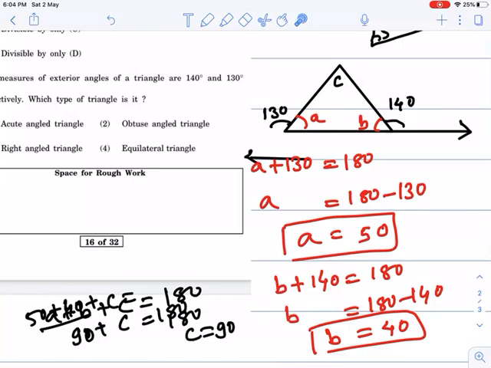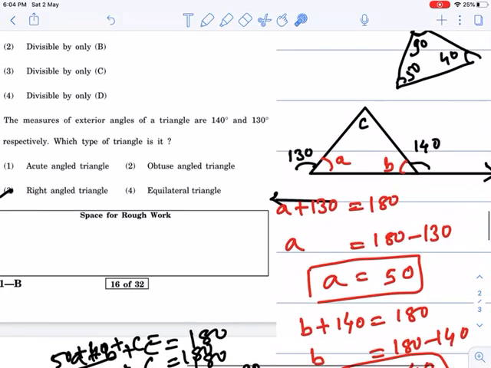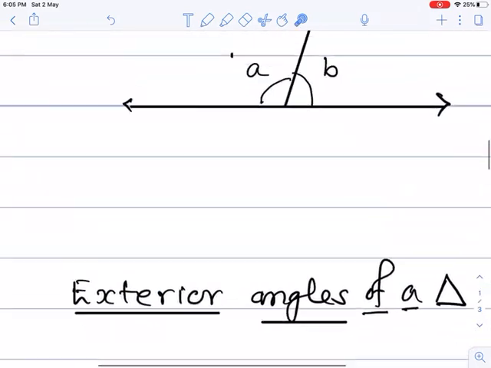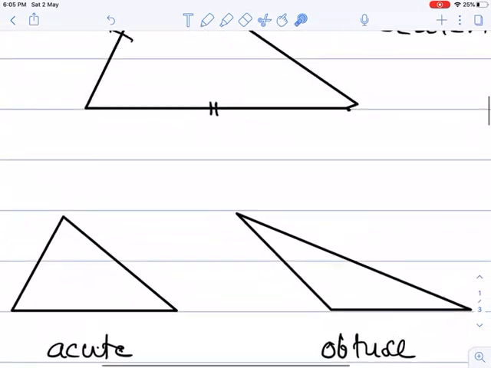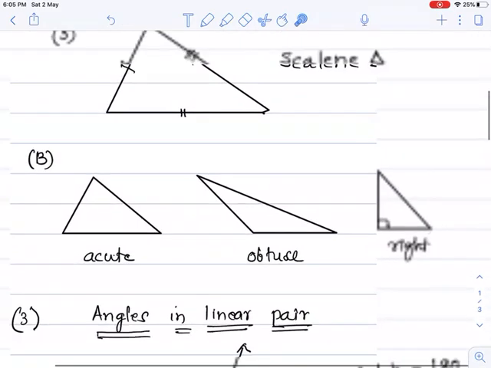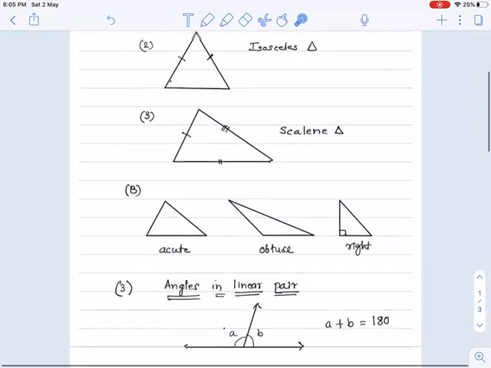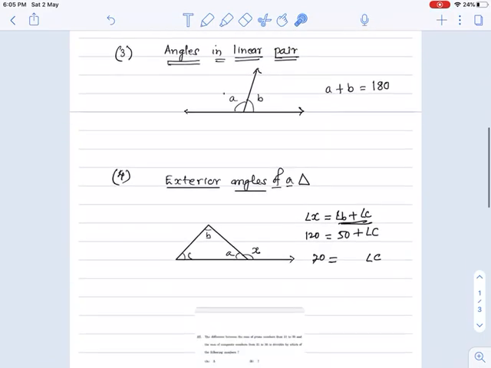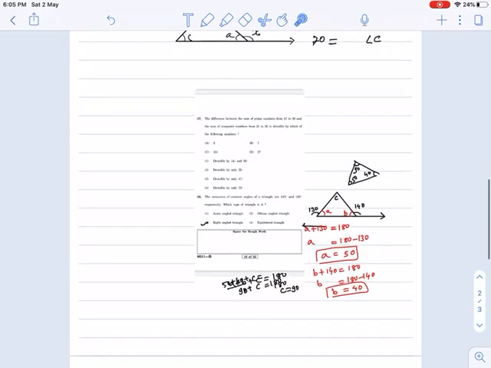Then the third property which we use is: if one angle of a triangle is 90 degrees, that triangle is called a right angle triangle. So in this way we can solve